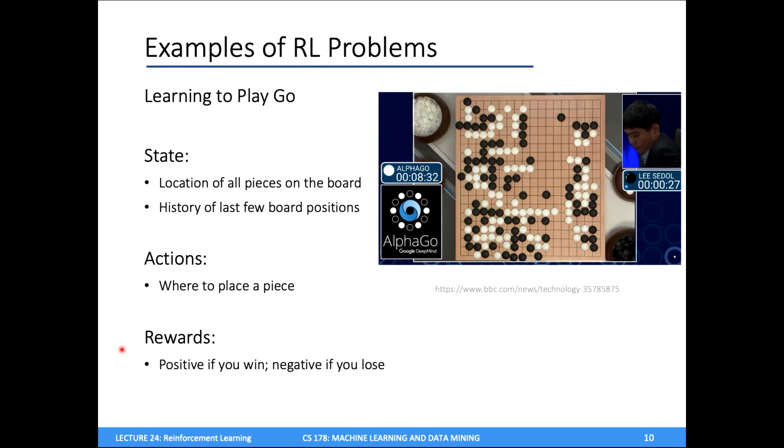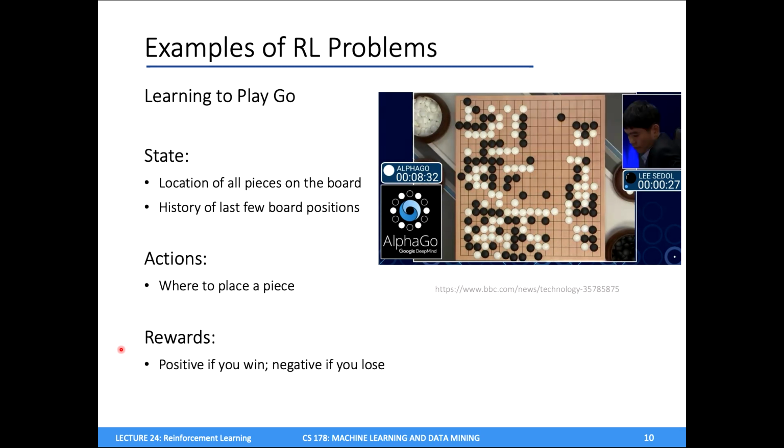And so one thing I'd like to really point out here is that the rewards are very sparse, right? You might play a game of Go for an hour, and then only after that hour of playing get a positive or a negative reward. So it's very difficult to learn how to play Go because your reward signal is very sparse. It's only coming to you after you make potentially hundreds of moves. And so the agent somehow needs to figure out what moves were good, what moves led to a win, or what moves were bad, what moves led to me losing.